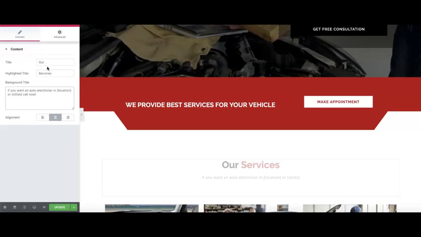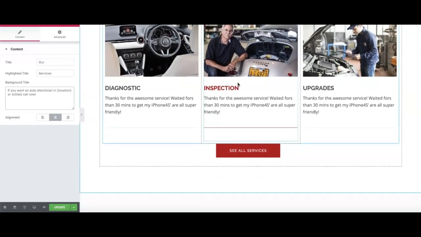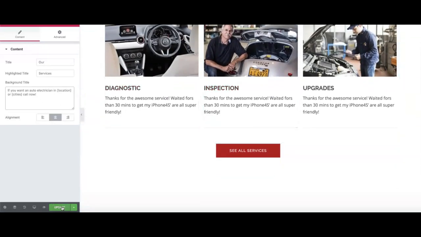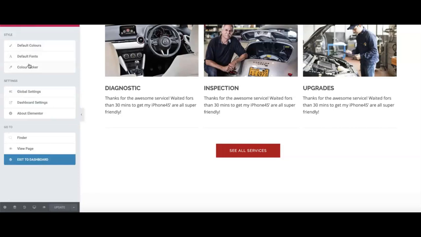Okay, so if you want, let's put a capital letter on the front there just because it should be. I'm not going to do the content for all of the page because you can see you just pop through and change it all. But what I'm going to do now is click update. And I'm going to go up to the menu at the top and view page.